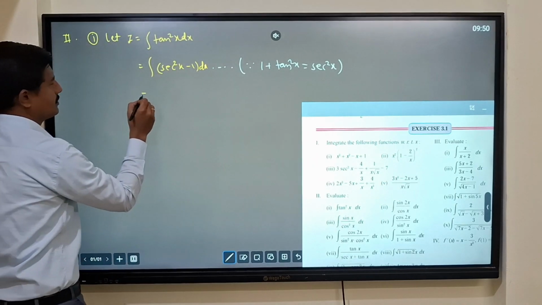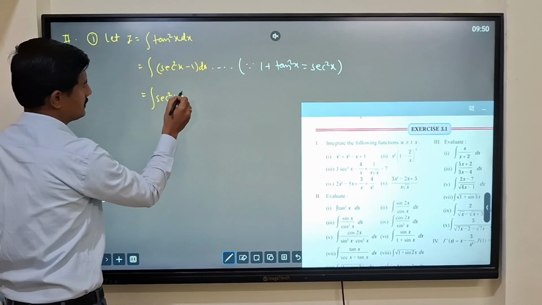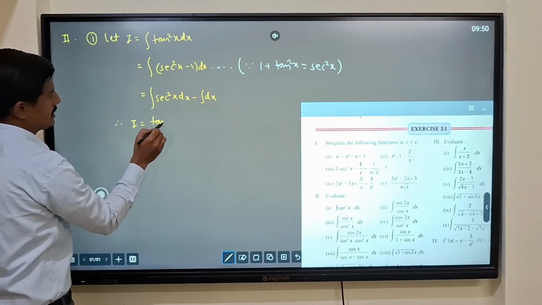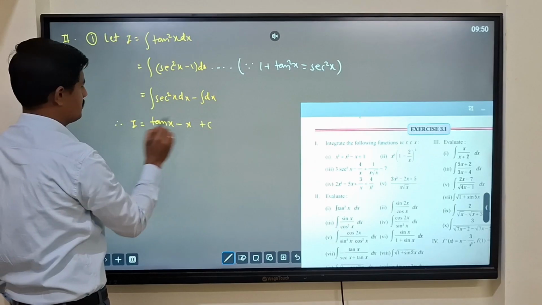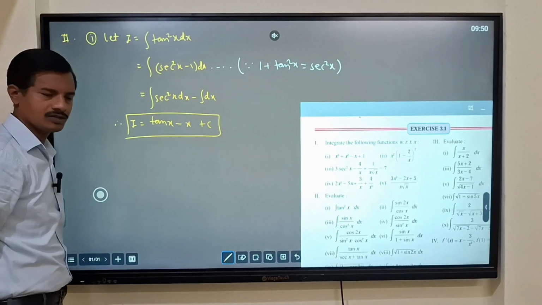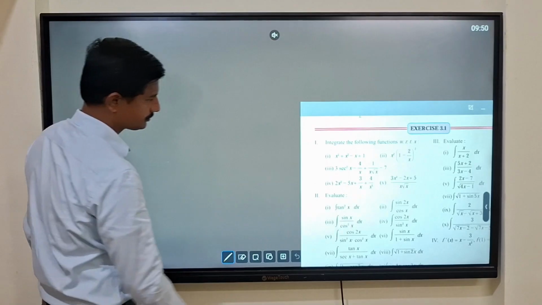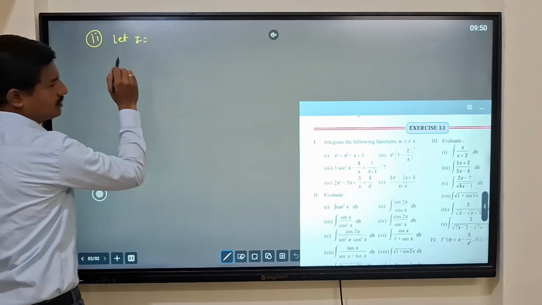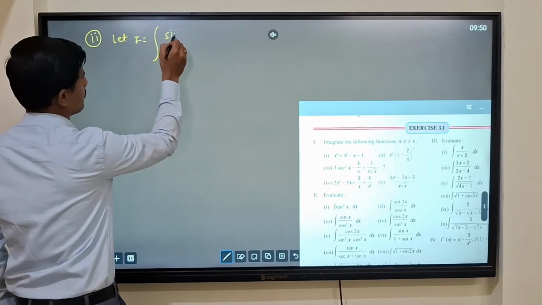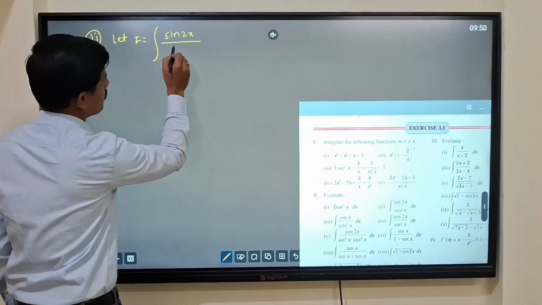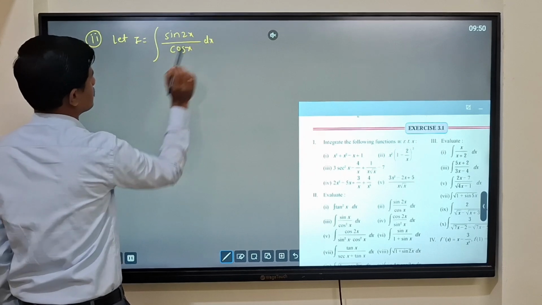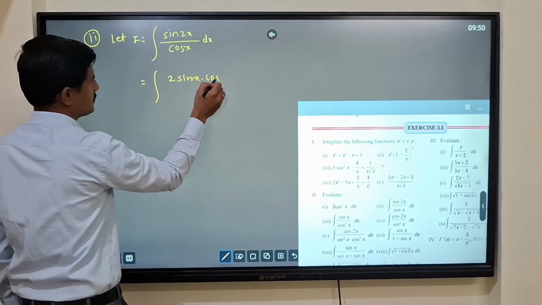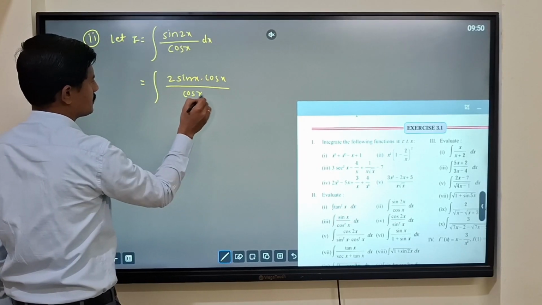Okay, so this becomes integration of sec square x dx minus integration of dx. Therefore I becomes tan x minus x plus c. This is the answer for the first question. Now for the second, let I equal to integration of sin 2x upon cos x dx. We know the formula for sin 2x is 2 sin x into cos x upon cos x